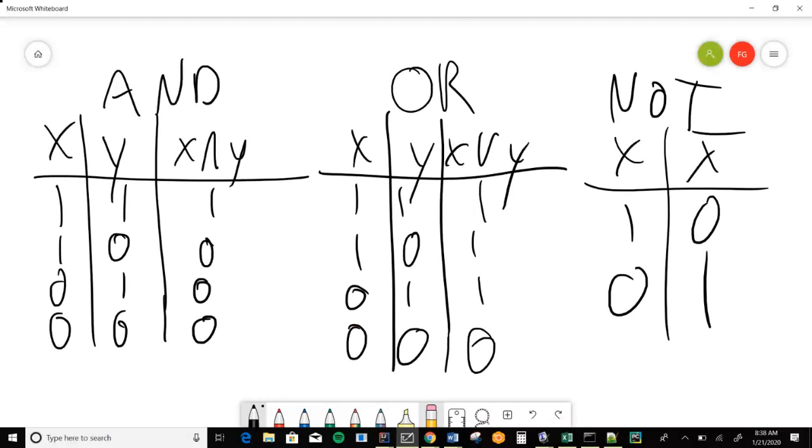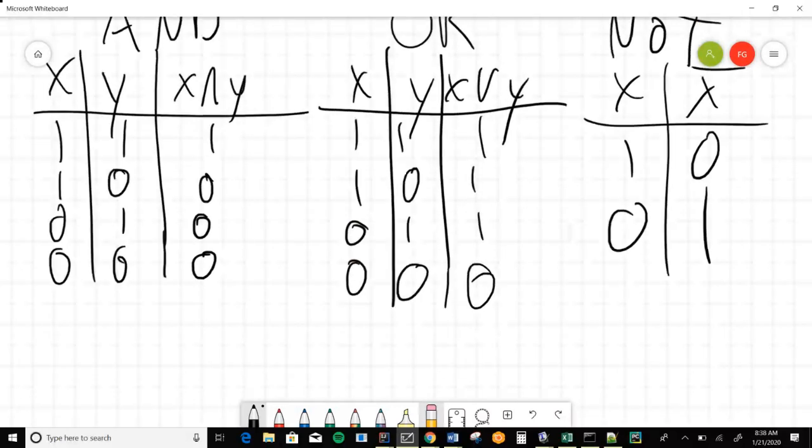Which takes whatever comes in and spits it right back out. Now, this combination of and, or, and not is what's called logically complete, by which we mean as long as you've got and, or, and not, you can build any digital circuit. But it's worth pondering for a bit why that's true.